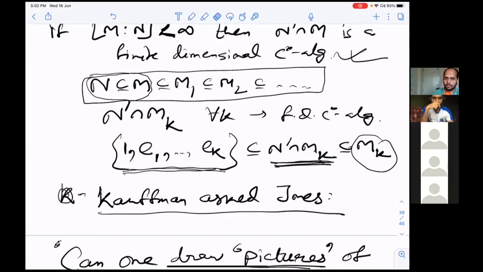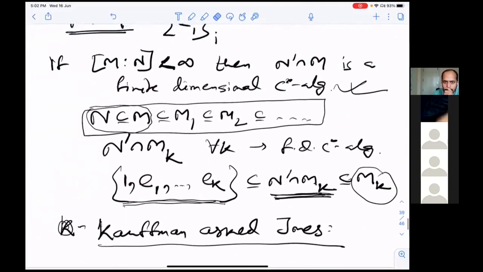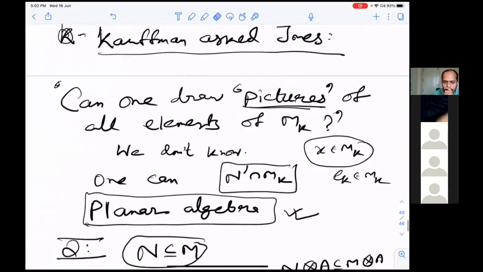For that, Jones has developed this machinery called planar algebra. There is also another motivation: in the first two lectures, I talked about subfactors, so the natural question is what is its invariant. Planar algebra is a very satisfactory invariant, in the sense that for strongly amenable subfactors these are the complete invariant. This is actually an axiomatization of the standard invariant of a subfactor. So these two are the motivations for planar algebra.